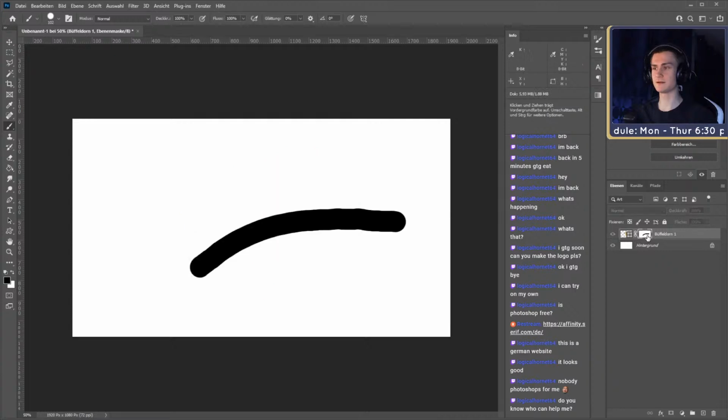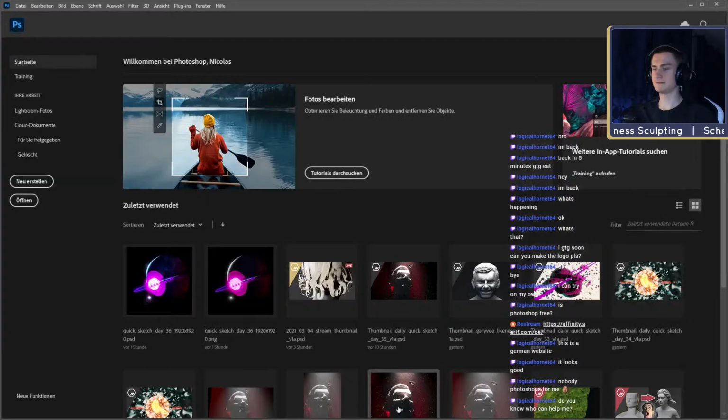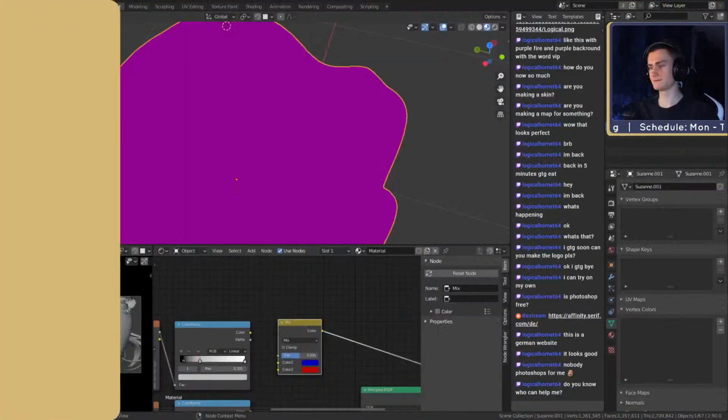We've painted with black on this canvas, on this mask, which tells Photoshop, okay, everything that's white will be visible, everything that's black will be hidden. Which is why I call it a mask, because that's what it's called in Photoshop, and it's basically the same function in Blender. So if we switch back to Blender,